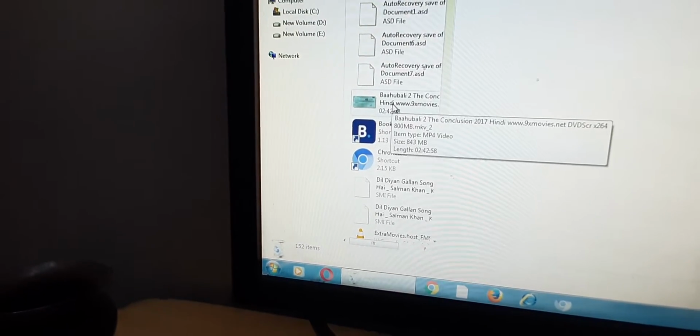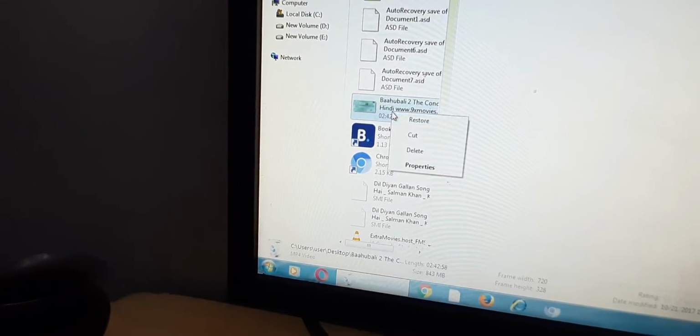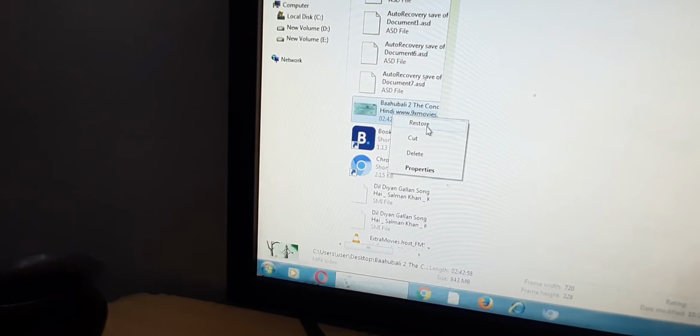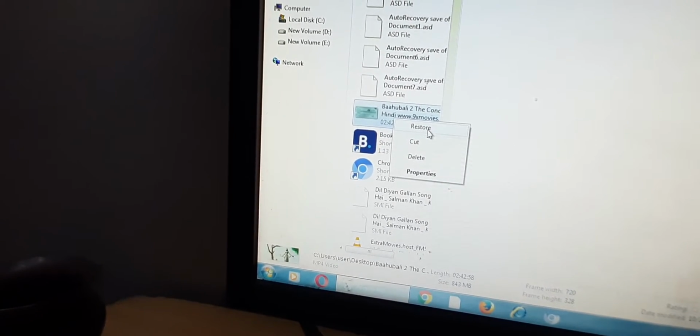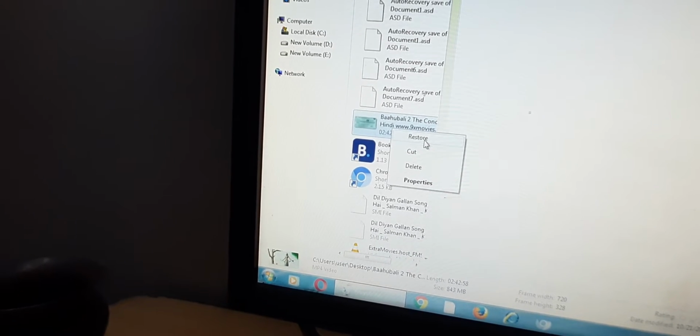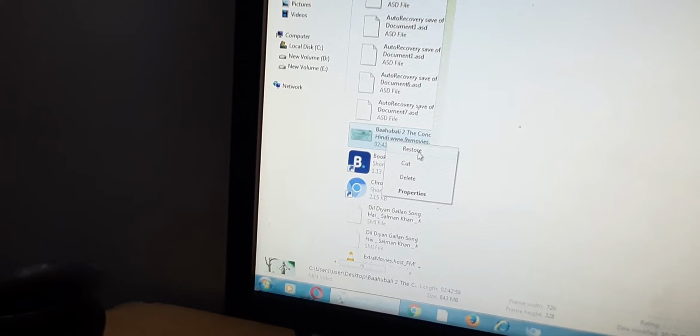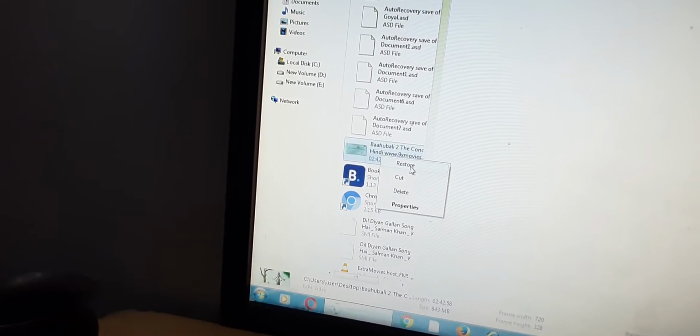Okay, so when we want to retrieve these files, what we will do, we will just right click on it, we will go to restore, and these files will come back in the original memory space where they were earlier stored. Okay, why these files are here?